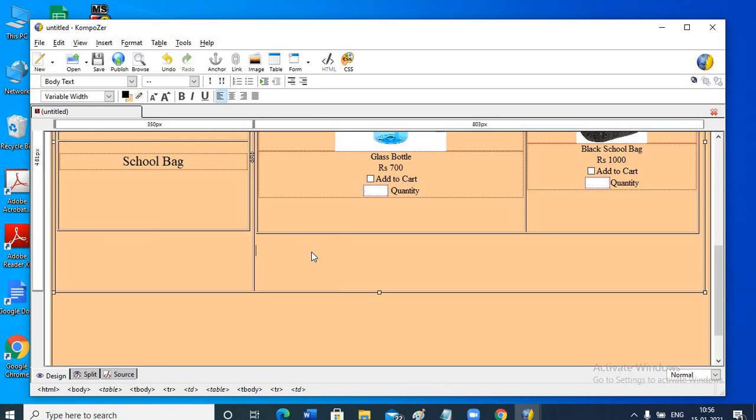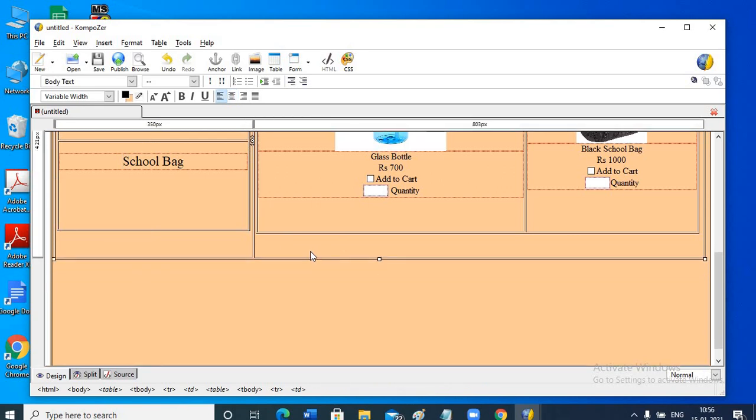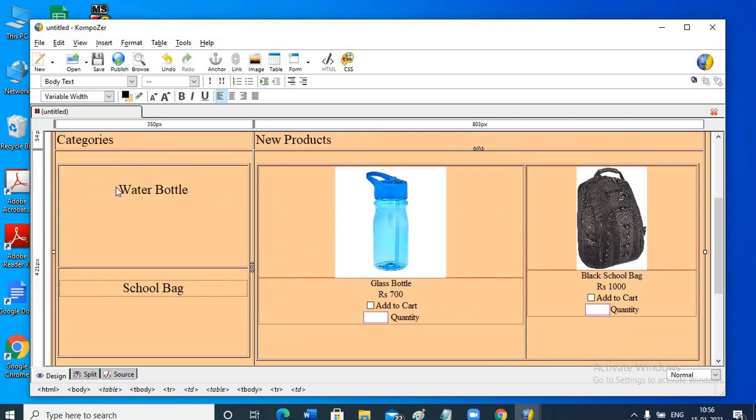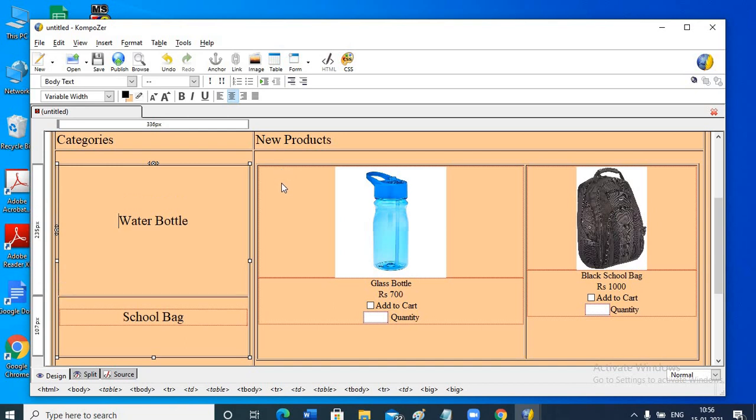Now over here, remove this by pressing the delete key. Here press enter, so it will come like this.